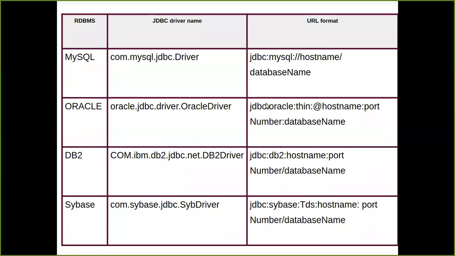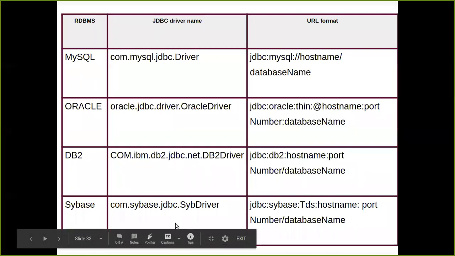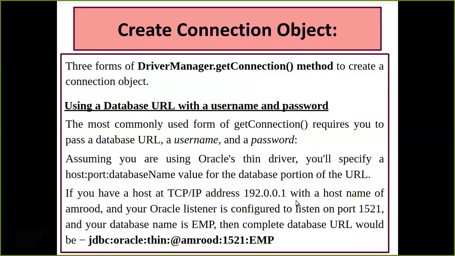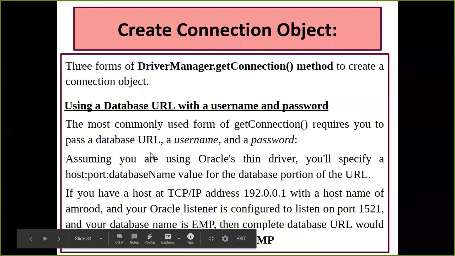And if I have given any kind of credentials, then you have to change the format of the method you use. The first method is asking only for the URL. So if you don't have any credentials for your database, that means your database is open to access, and you can use this kind of format. So I have given the JDBC driver names for each database, and for the URL format I have given this syntax. We'll see all three methods of using the get connection method one by one. The very first thing we are going to do is go to the third one, where we had three parameters.